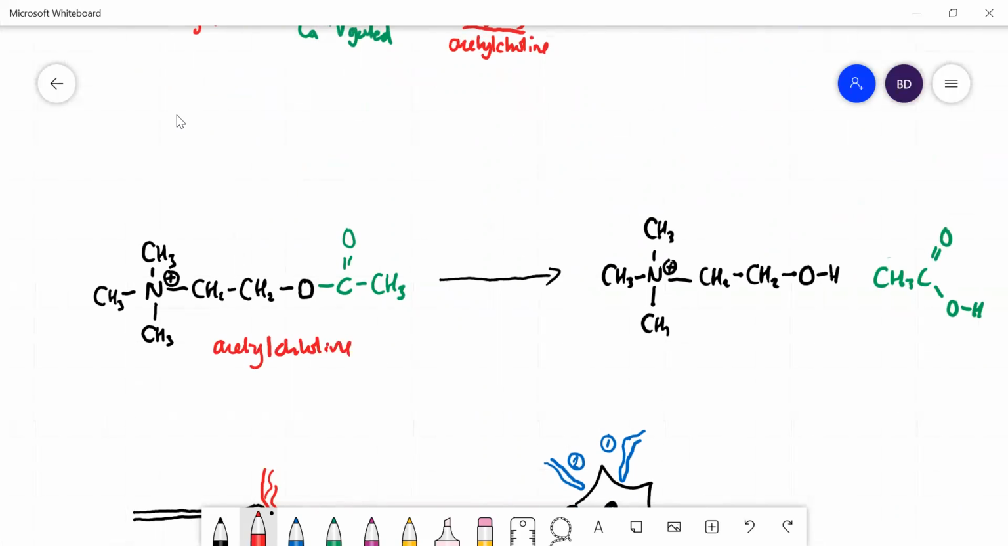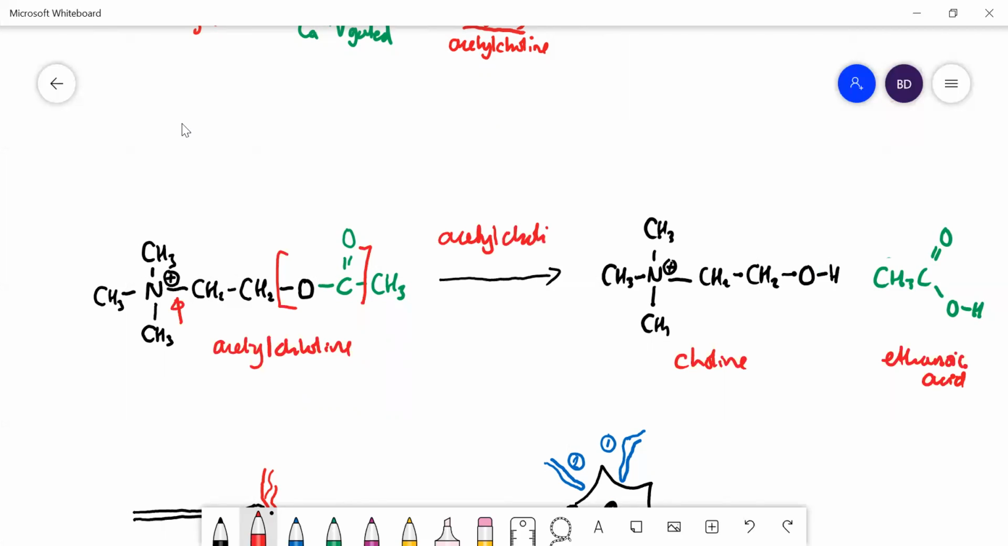Acetylcholine is an ester. There's the ester linkage. And you've also got a quaternary amine there. Now, in the synapse, this acetylcholine is broken down into choline here, and ethanoic acid. You've broken the ester bond, so it's breaking down an ester, and the enzyme that does that is called